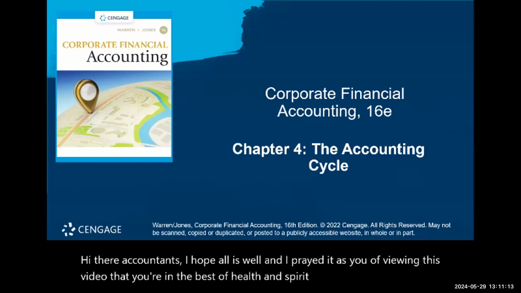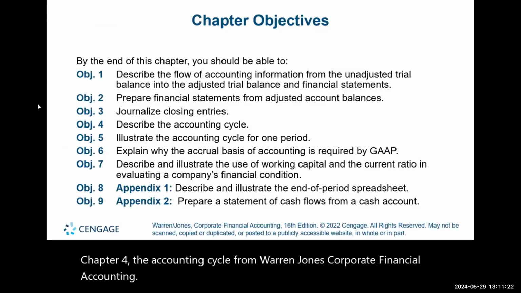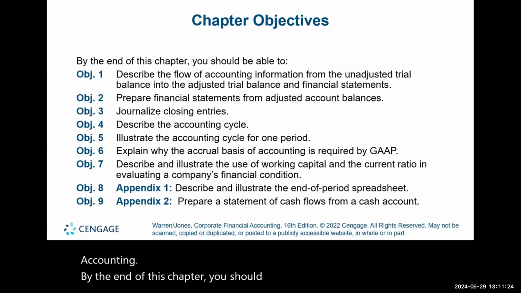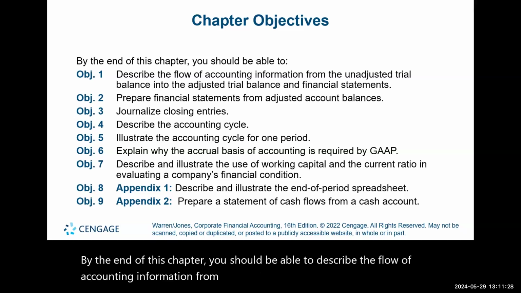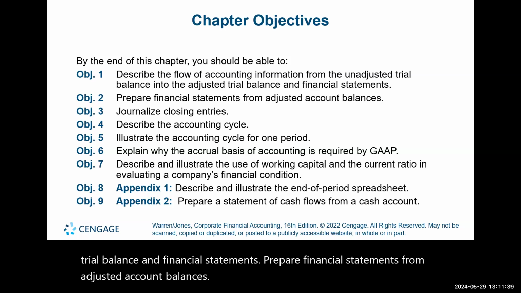This video will cover Chapter 4, the accounting cycle, from Warren Jones' Corporate Financial Accounting. By the end of this chapter, you should be able to describe the flow of accounting information from the unadjusted trial balance into the adjusted trial balance and financial statements, prepare financial statements from adjusted account balances, journalize closing entries,